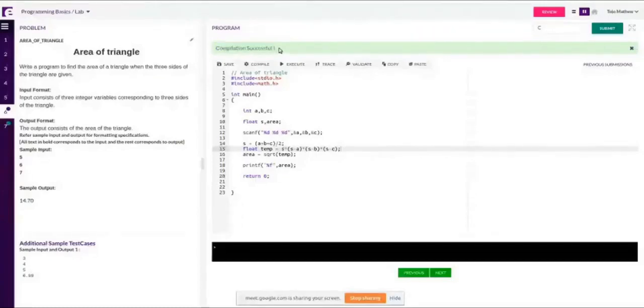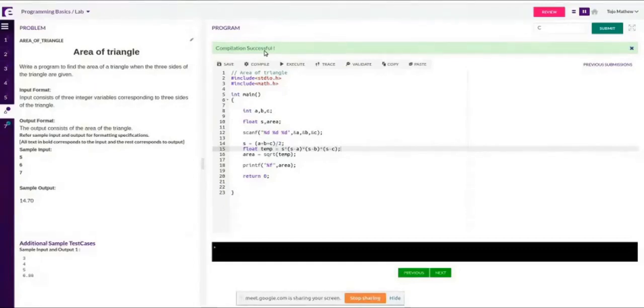Sir, for reading an array also we should take ampersand, no sir? No, if it is a character array and you are going to read a complete string as the input, you don't need ampersand. You can give the array name directly if it is a character array. Okay, sir. Thank you.